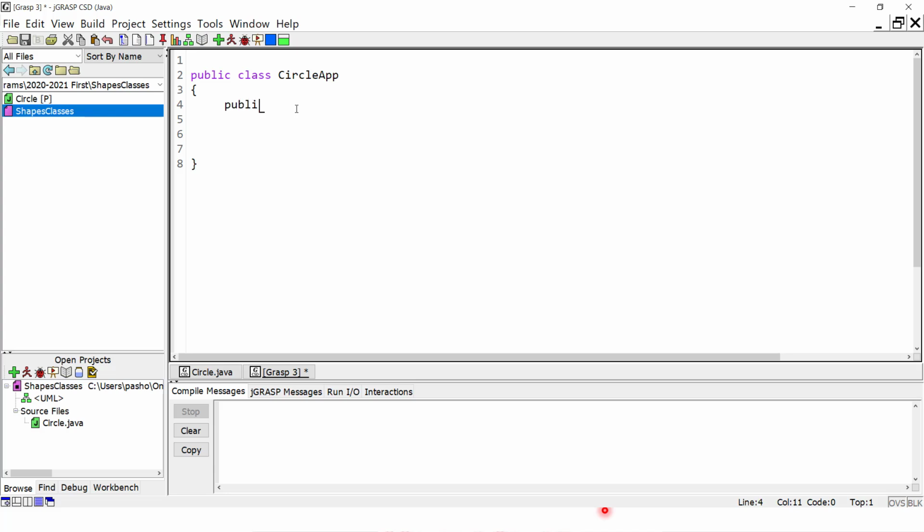We will have the method public static void main, args, and this is our method for the main class. And we have only one method inside. In the first step, we will create an object